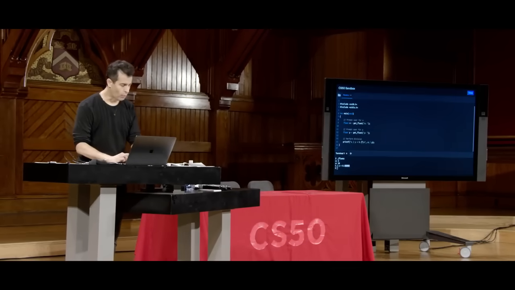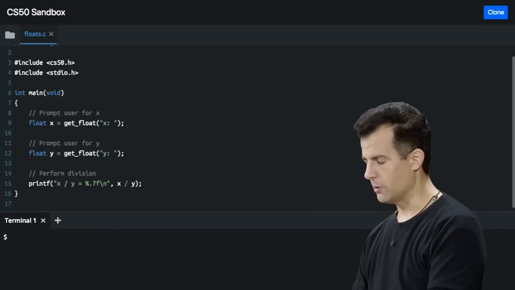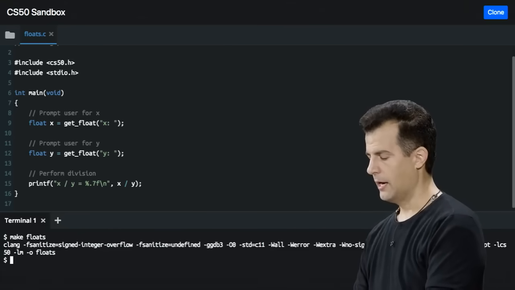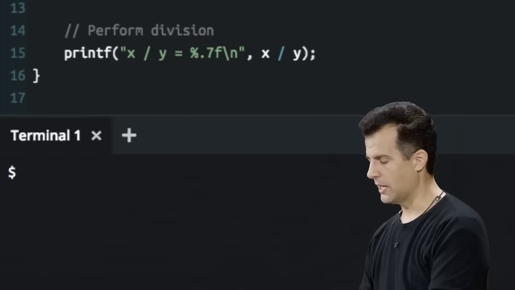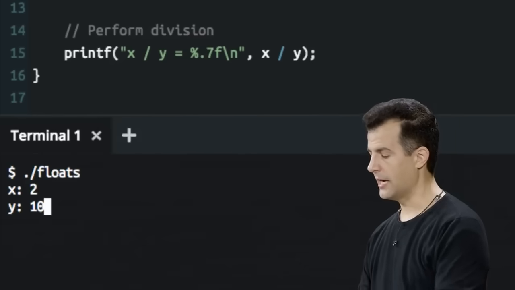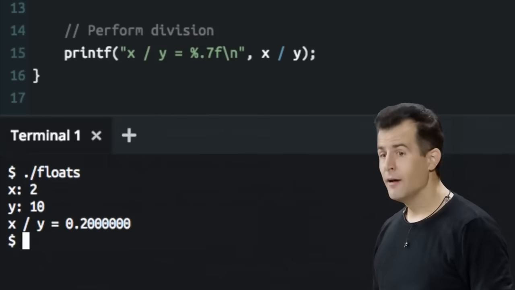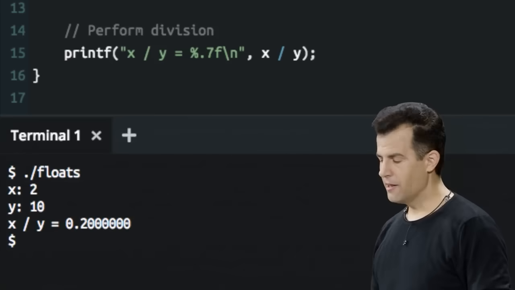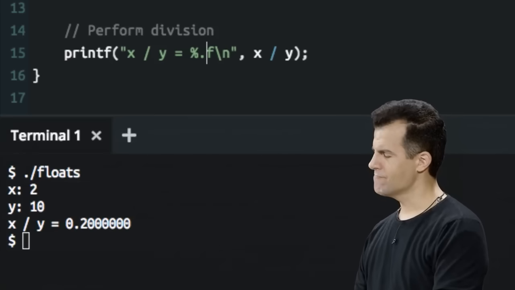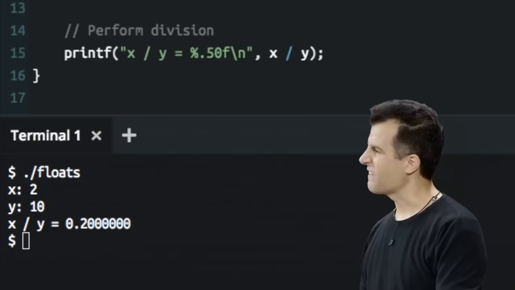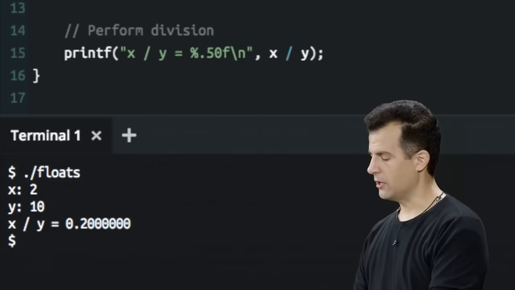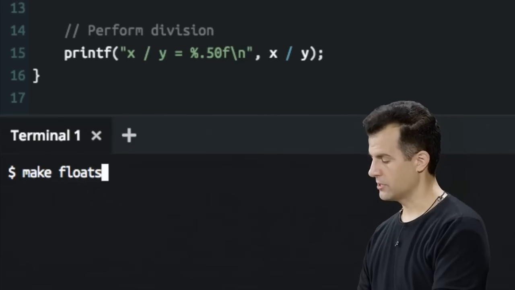All right. Hopefully, I'm just going to see some more zeros. So let me go ahead and make floats. And let me go ahead and zoom in and do ./floats 2, 10, enter. OK, still correct. Let me get a little curious. Let's see a lot of zeros, like 50 of them. Let me go down here and do make floats, because I changed the code,